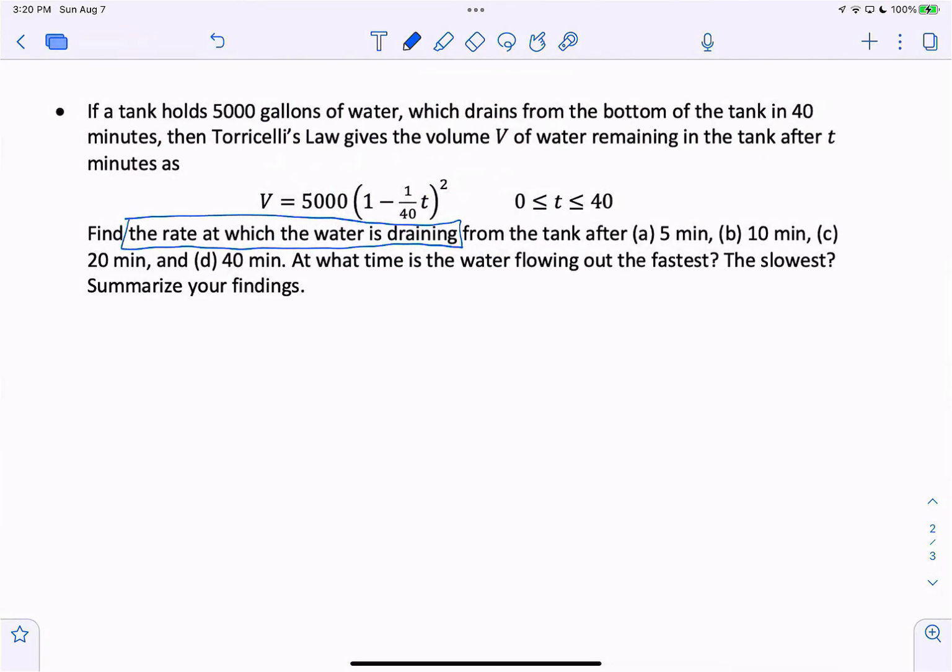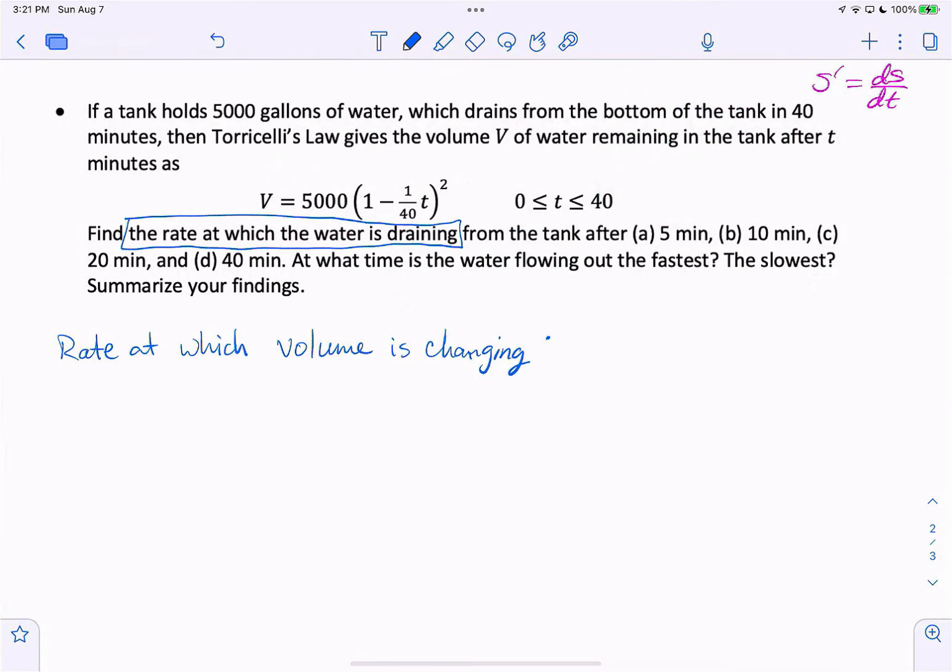And a moment ago, we just said that S prime was ds dt for the position function, right? That was how position was changing over time. What we're looking at here, I'm going to change the color because I don't want us to try to connect that too much with what I have in blue. What we're looking at here, though, is the rate at which water is draining. We can think of that as the rate at which volume is changing. And in terms of calculus, that is how volume is changing over time, or dv dt, which we could also